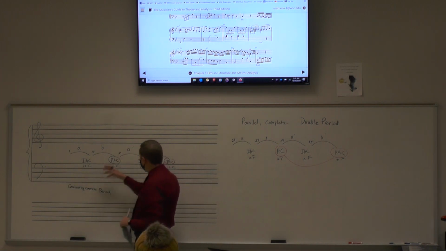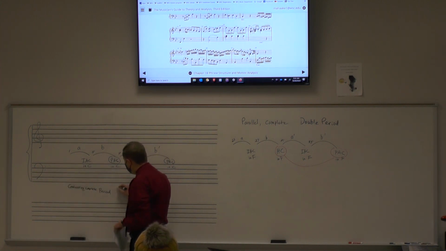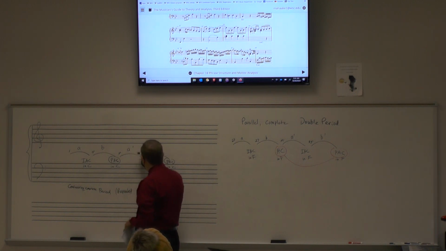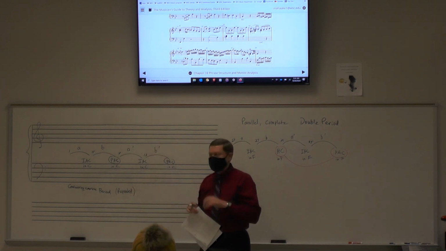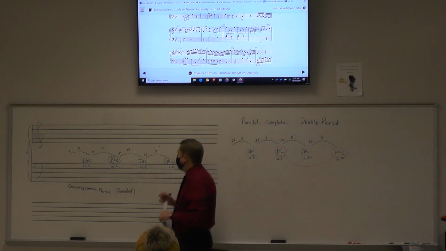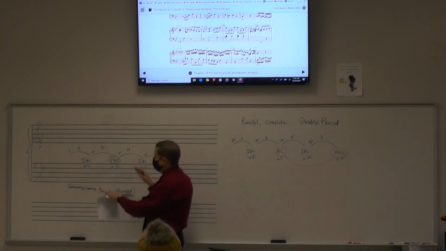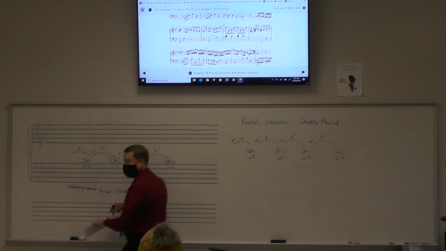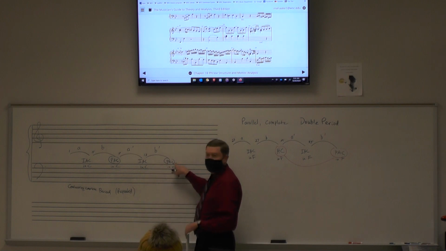So what I would say for this whole chart is that we have one contrasting complete period, and it's repeated. Now I know this isn't exact because we have the prime, but it's close enough. Let's say it's modified or close to it. It's a very close repetition, though. The way I would describe this graph, I would not call it a double period. I would say I have one contrasting complete period which is repeated, and that's based on this cadence right there and this cadence right there.